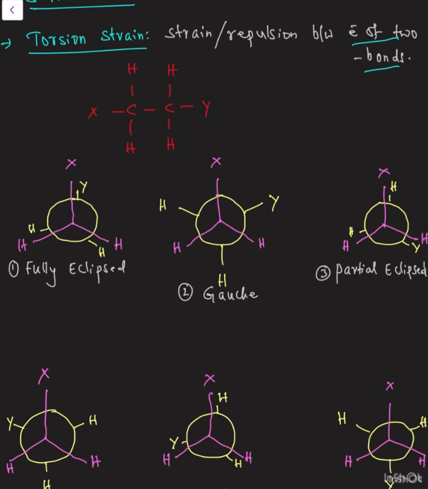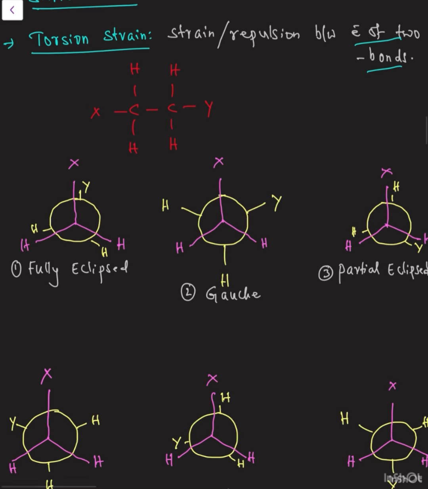So here in this example, the bond between C and C, this carbon and this carbon. First one I'm writing C1, this is C2. So C1 here is represented with pink color, the front carbon. The C2 carbon is the backside. Now the backside is represented with yellow, we discussed, right? Pink is nothing but representing the front carbon. Now let us see, on the first carbon there is X, so that I represented here.